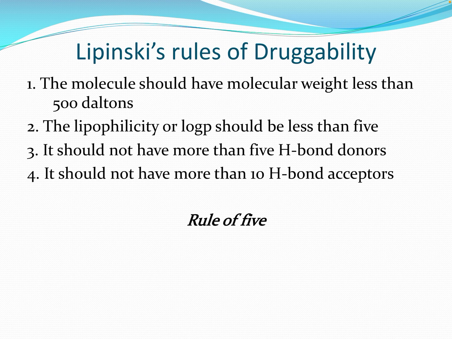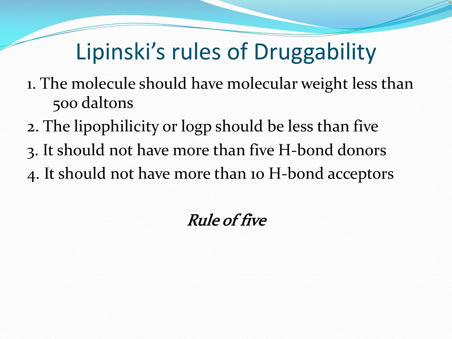Now, when drug molecules have been designed, the rule of 5 is always observed. What is the rule of 5? It is otherwise called Lipinski's rule of druggability. This rule says what the characteristics of a good drug molecule should be. So what are the rules? The first rule says that the molecule should have a molecular weight of less than 500 Daltons. We always say that a drug molecule should be very small compared to the target molecule. Only then will binding happen. So the drug molecule should have a molecular weight less than 500 Da.